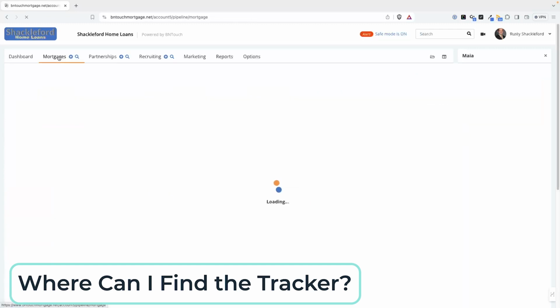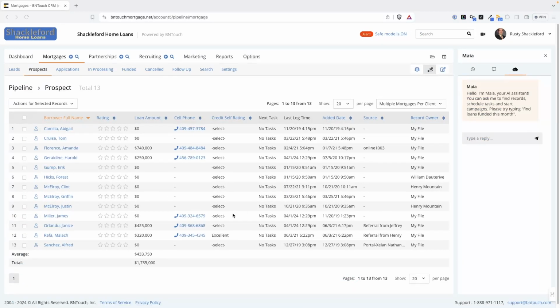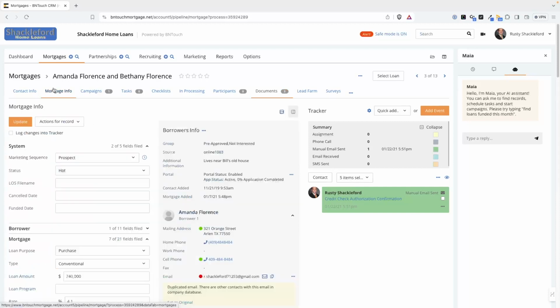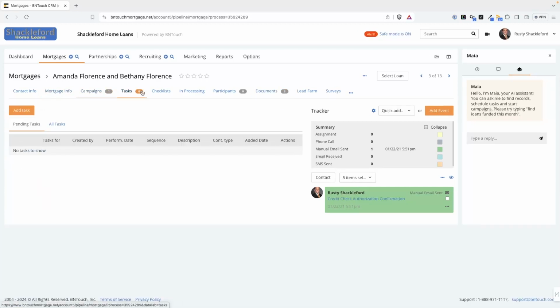In the Mortgages tab of your CRM, you can open a client's record by clicking their blue Name link. In addition to the various sub-tabs available in the record, a tracker column will appear to the right. This column will display while you're reviewing any sub-tab of that client's record, and the events listed on it are